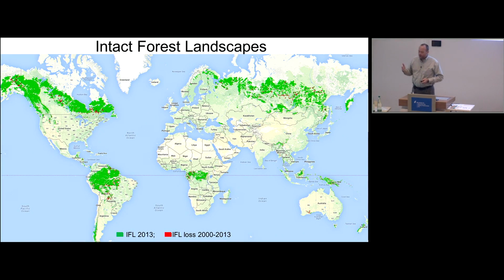Another product that we do is we map intactness. So I'm just talking about different attributes. Like height, cover, intactness is another one. So intactness is where are the forests in the world that are absent of human footprint, where they don't have roads, and